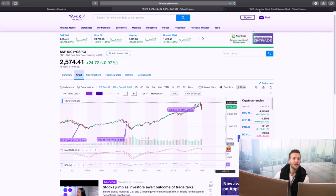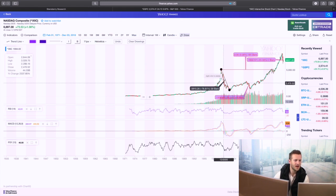We can also take a look really quick over here at the NASDAQ composite chart. This is going to be the dot-com bubble burst. NASDAQ is predominantly technology companies and things like that. As you can see, it was at its peak right here of about 5,000 points. It came to its trough. It took roughly a year and a half, a little bit short of a year and a half, but the